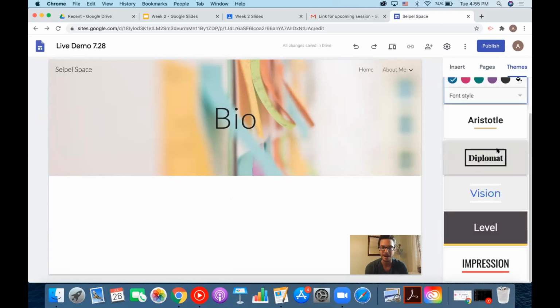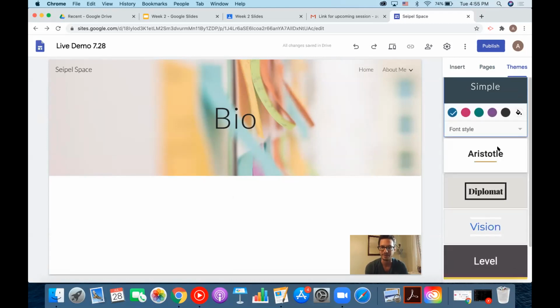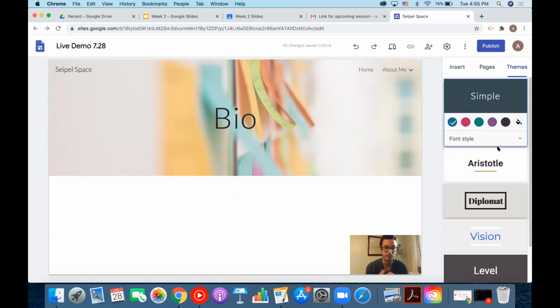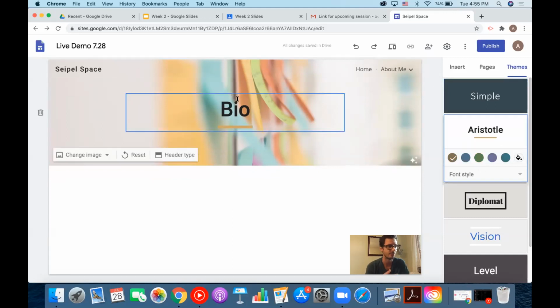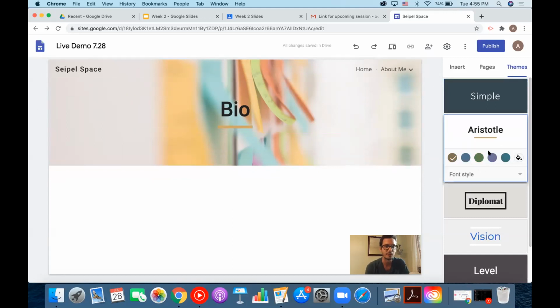So in here we have like 6 or 7 different schemes. The basic one is simple. I use that most of the time. So when we use something like Aristotle, let's go ahead and click Aristotle. It changes the font, changes the layout a little bit. For each of these, it's going to prompt me to use one of 5 colors, but I can click that paint bucket and customize it however I want,